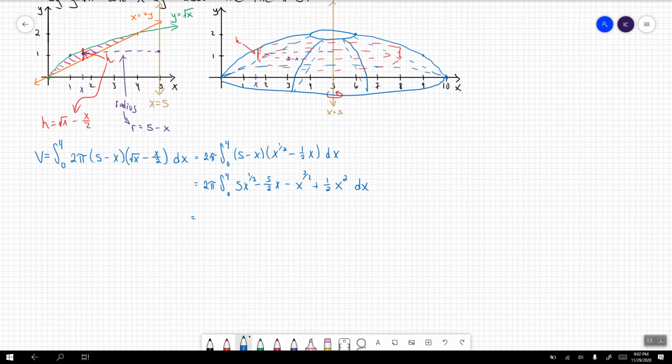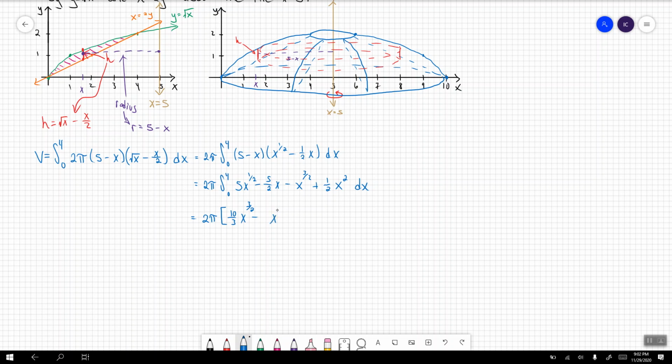Now we integrate. So I'm going to integrate my first term, add 1 to the exponent. That's going to be x to the power of 3/2. Multiply by the reciprocal, so I'm going to multiply by 2/3. So 2/3 multiplied by 5, that's 2 times 5 divided by 3. So that should be 10/3. There we are. Minus,